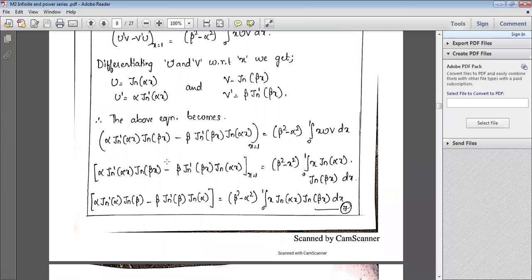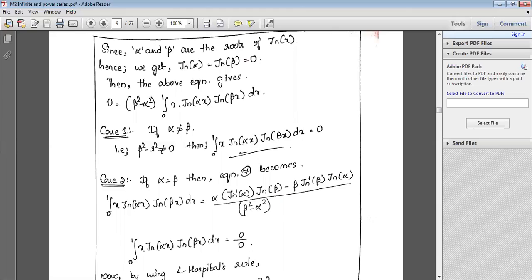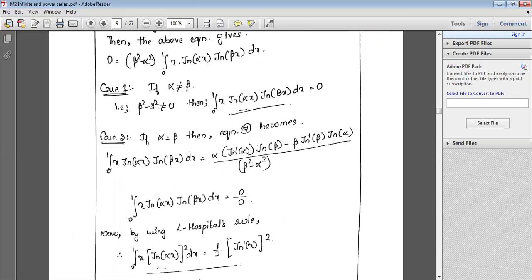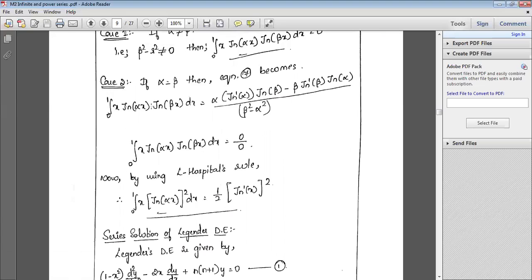See, the y equation becomes common. You take integration, no need to do, keep it as it is, integration. See, cases are there for this. Sometimes we'll take alpha is equal to beta, this will become 0. It is not equal to 0 because alpha is not equal to beta here. That's why if alpha is equal to beta, this will become 0 by 0, which is indeterminate. By L'Hospital's rule, you should apply the indeterminate form.